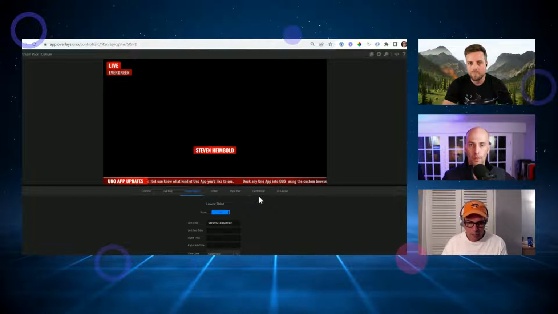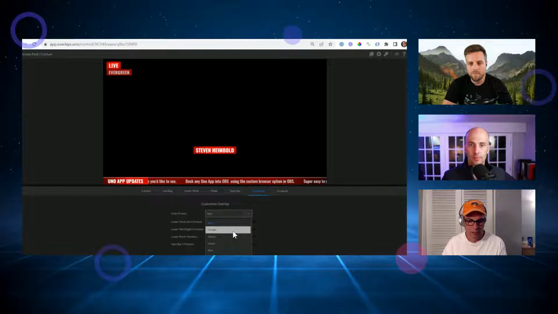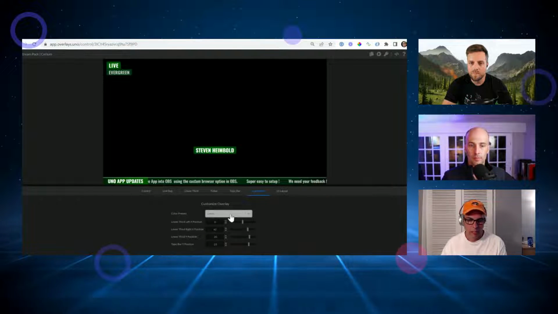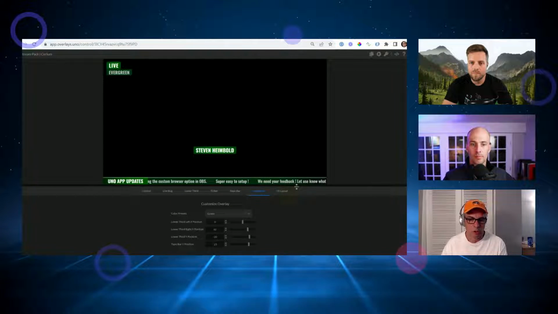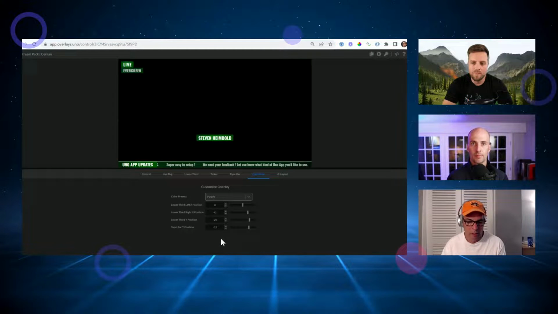So under customization, in this particular Uno, there are some color presets. If I go to orange or yellow or green, we have other ones where you can get more specific, more granular. You could change the color of the different bits and pieces. But in this one, we said, let's just make it simple and just do a grayscale one. Again, I don't know if